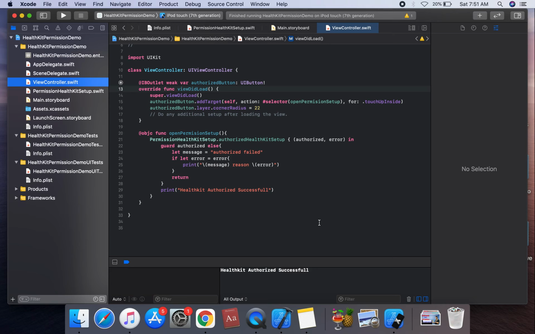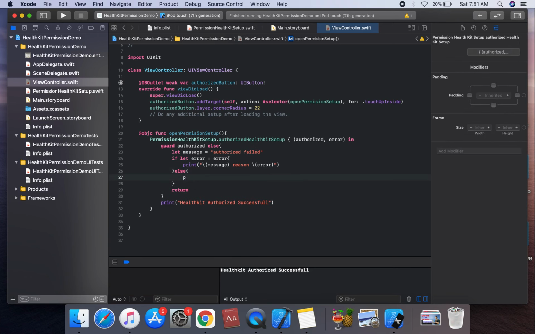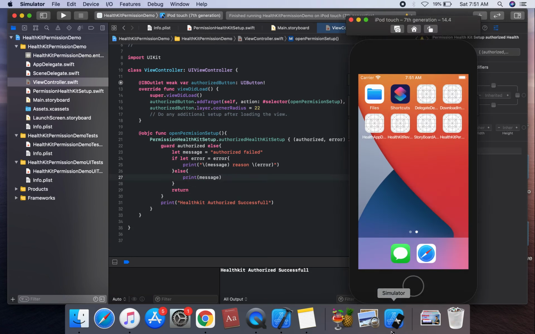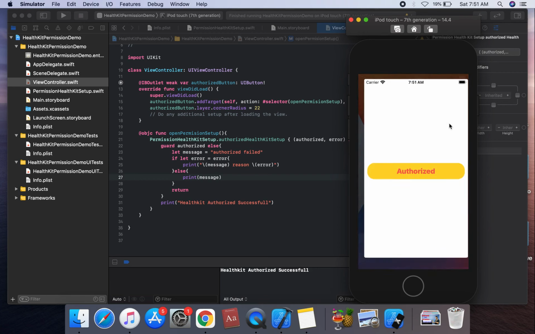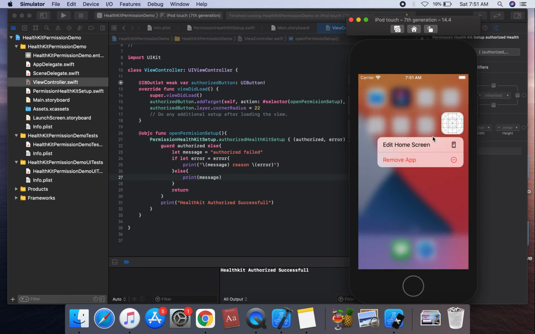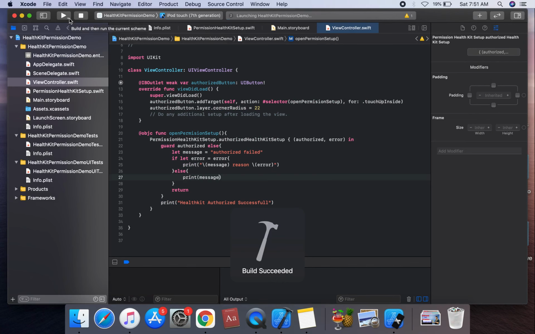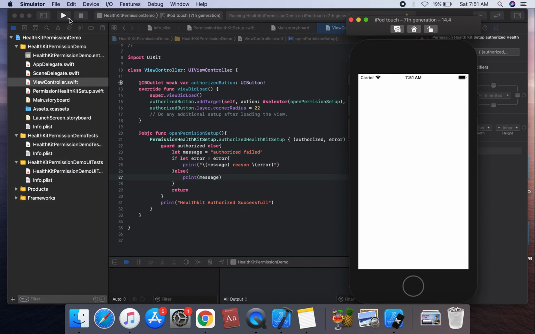If let message is going to message, and else we're gonna use an else statement. Else print message. So we're gonna kill this app, remove, delete this app from our iPhone, and we're gonna run this application.